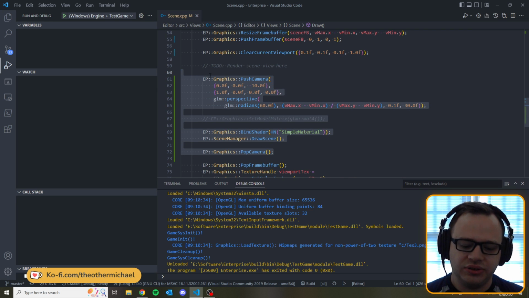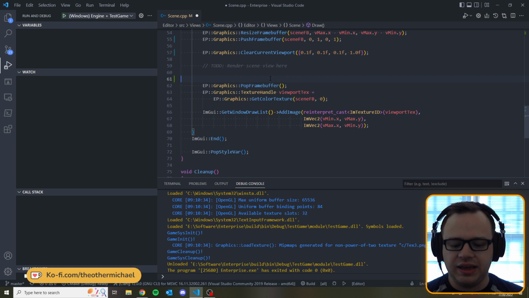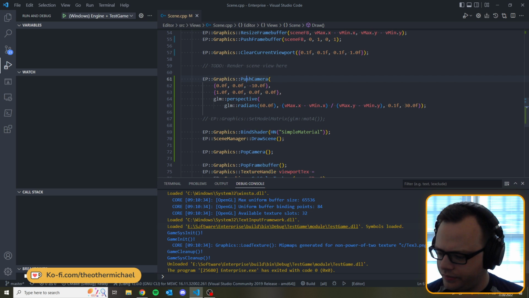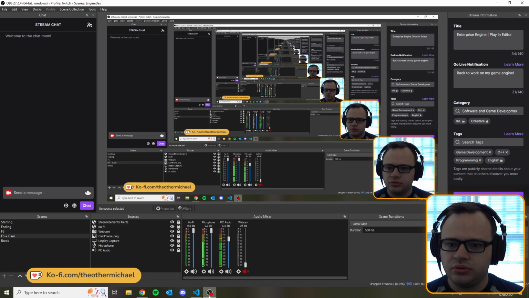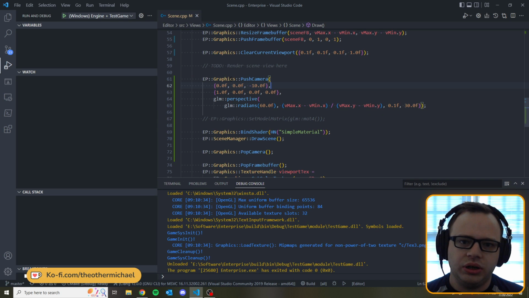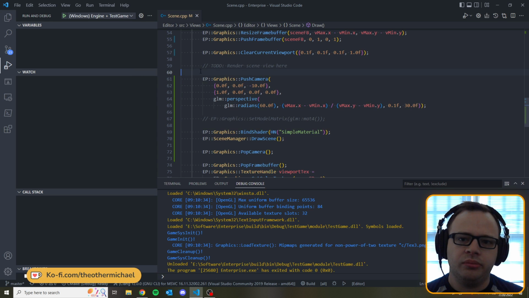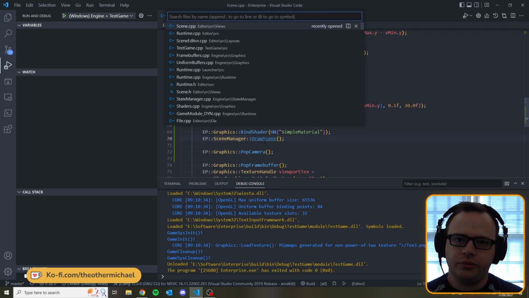So actually, the first thing I've got to do is delete all this code. I can't leave it in there because it introduces a dependency that poses a problem for loading and unloading game modules. In particular, the dependency on the shader. So as it is, my simple 2D renderer doesn't use a material system yet, and that's something that we're going to need to change. So if we take a look at the scene file right now,